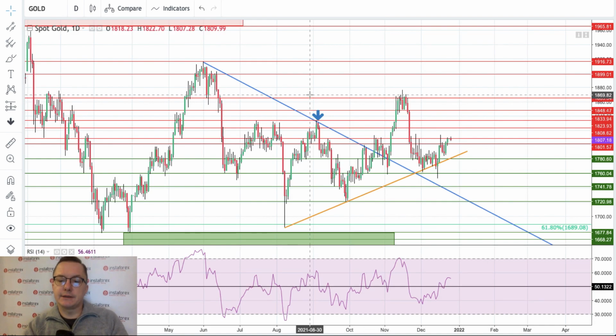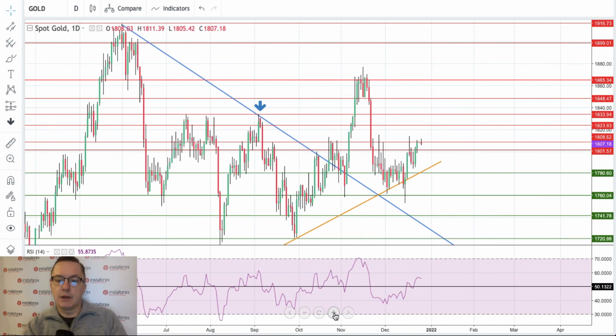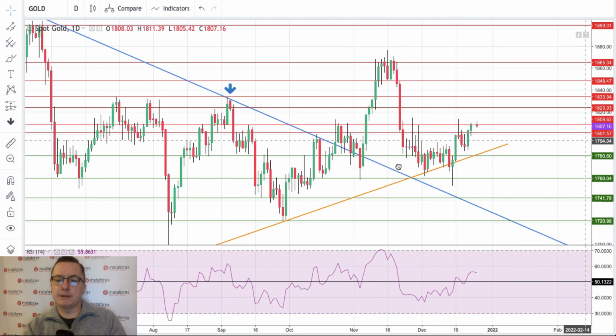Spot gold market is, as you can see, moving higher, mostly because this level 1760 has been strong technical support. Despite the two attempts to break below this level, there was no daily candle close below it, and we bounced right back up towards $1,807, made a local high at 1,813, and we are currently trading very close to this level. So it looks like bulls are right now in control of the gold market, but this might be only a temporary change of the